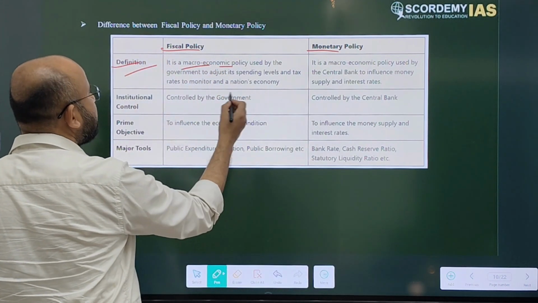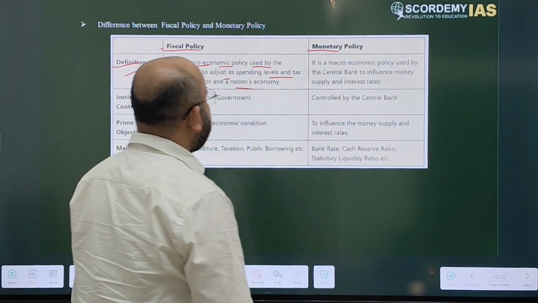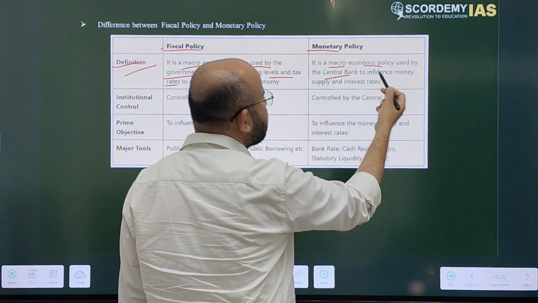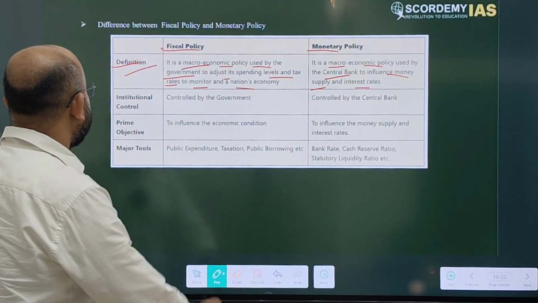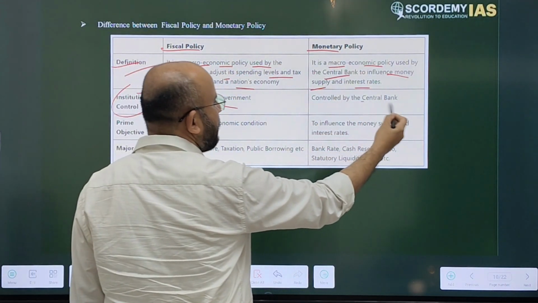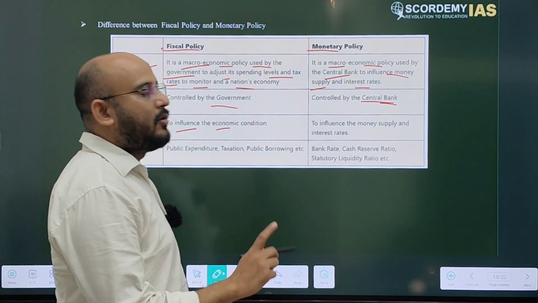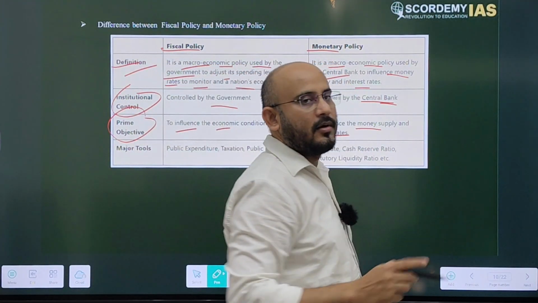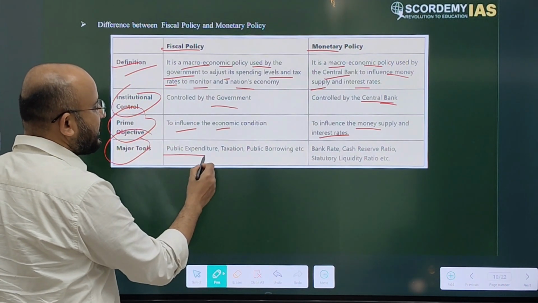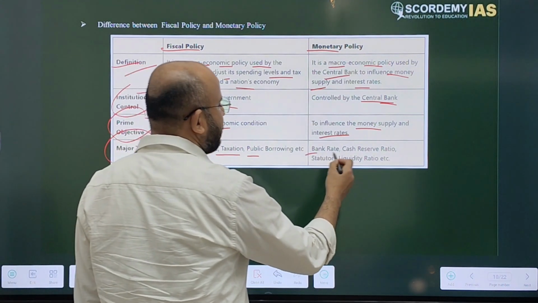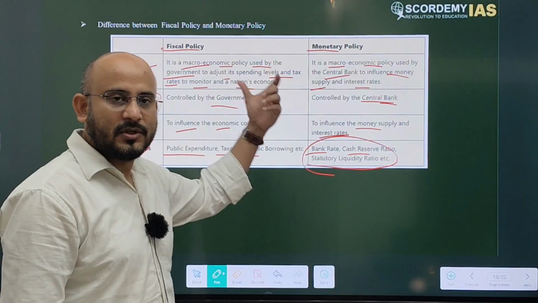তাৰ পিছত এটো কি হয় it is used by the government to adjust its spending levels and tax rates to monitor a nation's economy. আৰু এটা ম্যাক্রো ইকোনমিক পলিসি কোনে দি আছে, এটো সেন্ট্রাল ব্যাংকে দি আছে, কিহৰ কি ইনফ্লুয়েন্স কৰিবলৈ মানি সাপ্লাই আৰু ইন্টারেস্ট রেটস, ঠিক আছে. Institutional control: government controlled by central bank. Okay, prime objective is to influence the economic condition. Prime objective of monetary policy is to control money supply, interest rates. Okay, major tools: public expenditure, taxation, public borrowings, bank rate, cash reserve ratio, statutory liquidity ratio SLR. Okay, so তোমালোকে অপশনত ইজিলি তেনেকুৱা